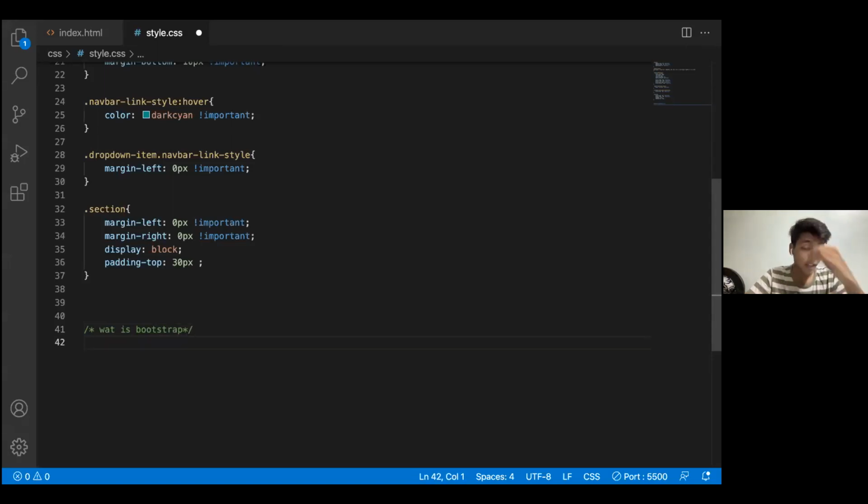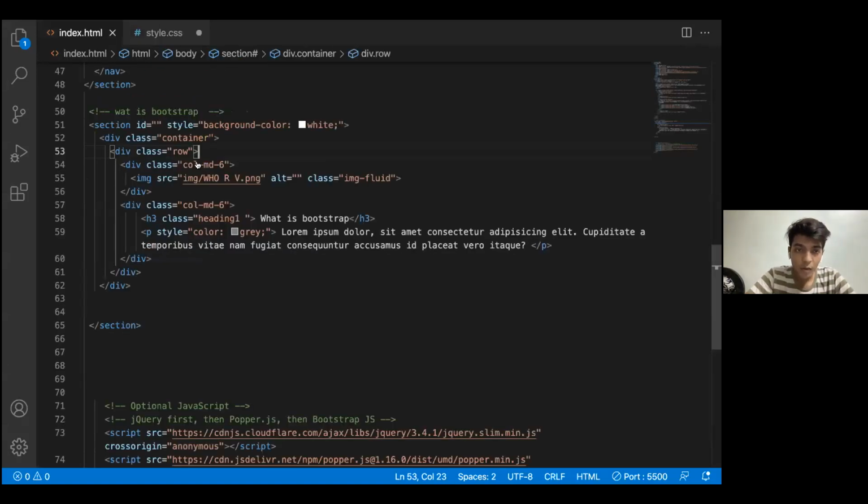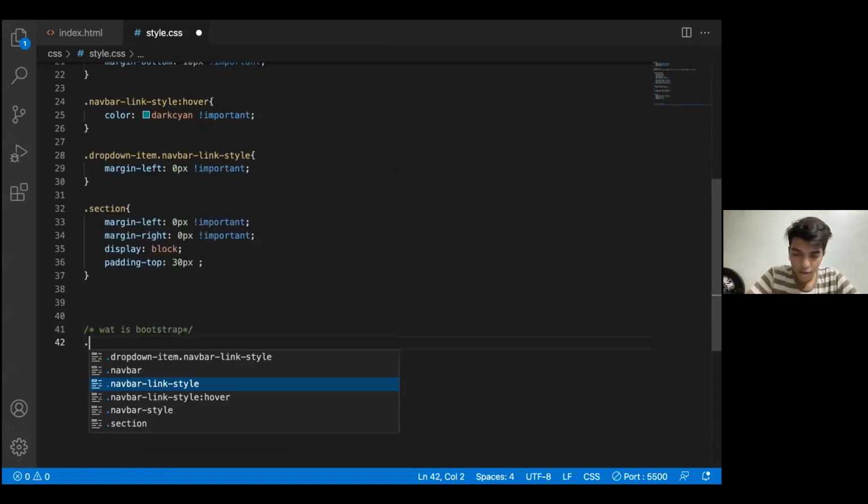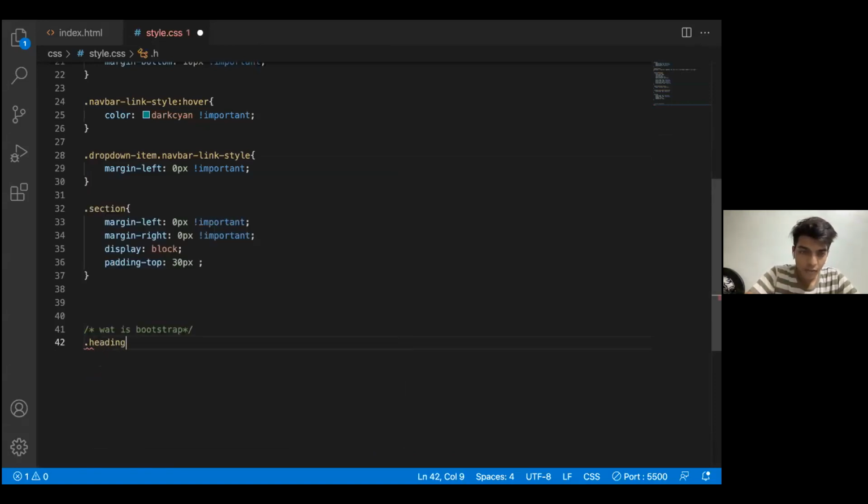Firstly, I'll be styling my heading. The name I gave to my heading was heading 1. Okay, so now I'll be designing heading 1. It just has a class of heading 1 that I want to design, and then we can move to the next part.